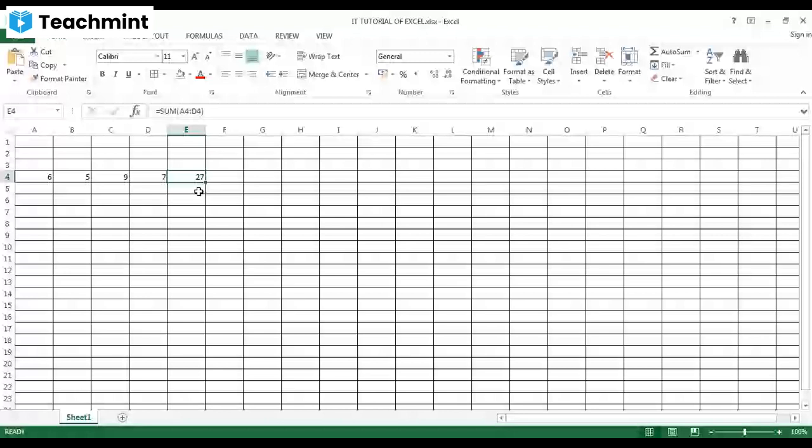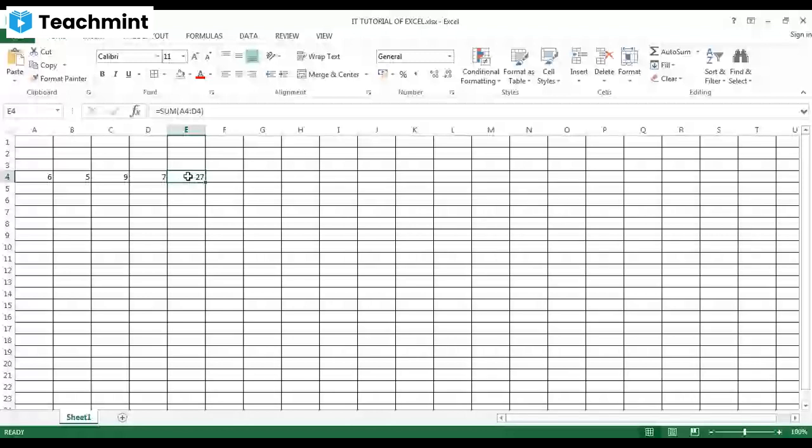Okay, cell reference. What is cell reference? When we are talking about a cell or a range of cells, the column name and row number that is displayed is called your cell reference. Suppose if I want to address cell A1, we are talking about the reference of cell A1.